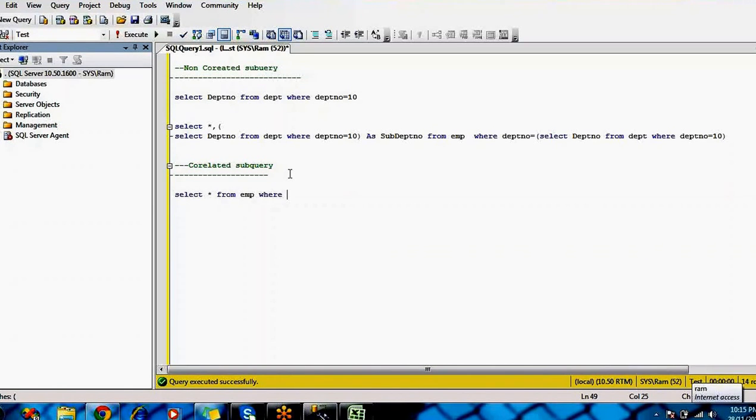Where, and you have to give the number. Which salary are we going to find out, second highest salary.